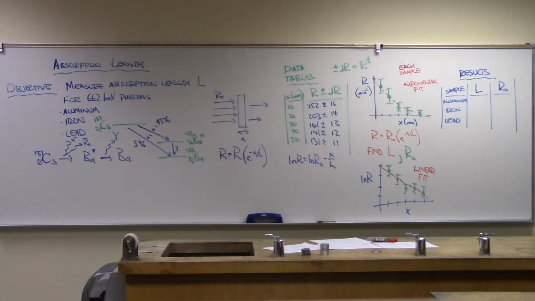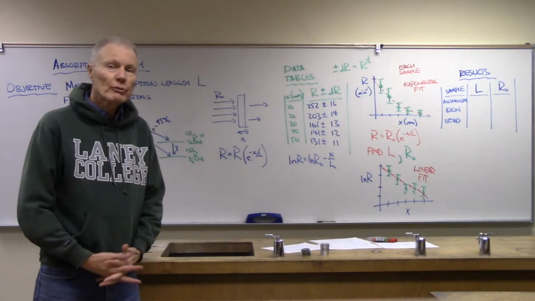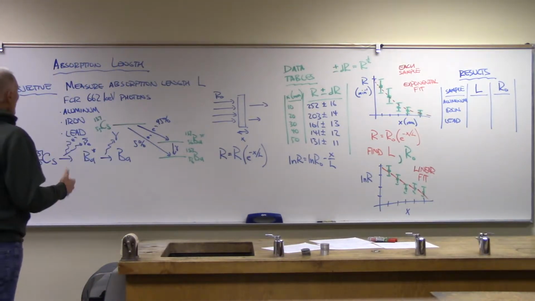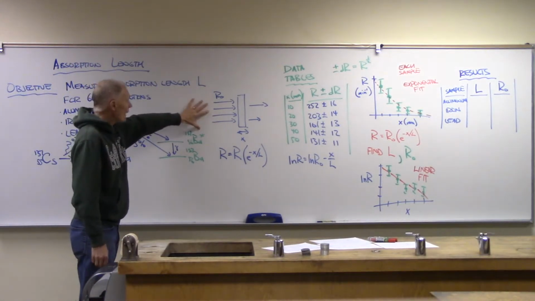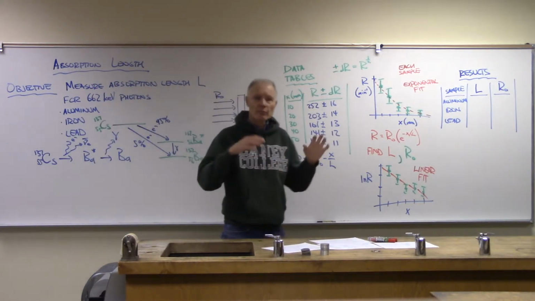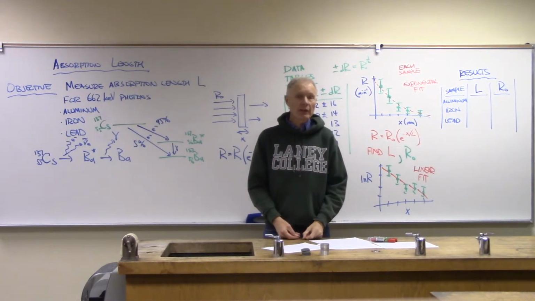Good morning. Here we are back in lab, and this week we are looking at a lab dealing with radioactive decay. So we're going to be looking at a topic referred to as absorption length. And that says that if we have some kind of a radioactive source, we can get out a Geiger counter